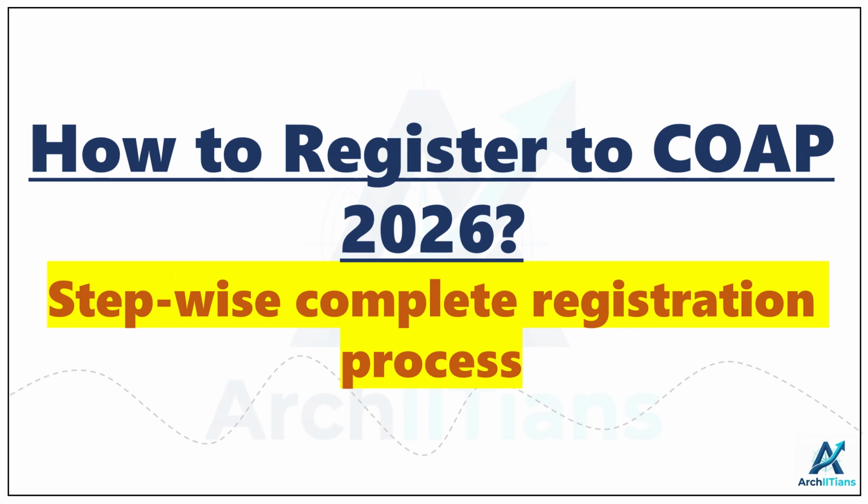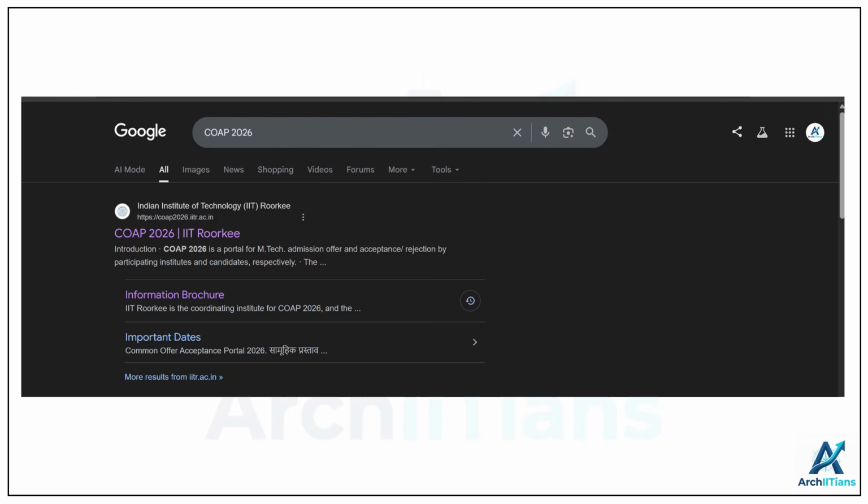This is just the offer acceptance portal. On this portal, you won't be able to make applications. For all the applications, you have to submit them to the individual IITs or IISc. So in this video, you will get a complete guide on exactly where to start and how to complete your registration process. So let's begin. First, you just have to search COAP 2026, and as I mentioned, COAP 2026 is